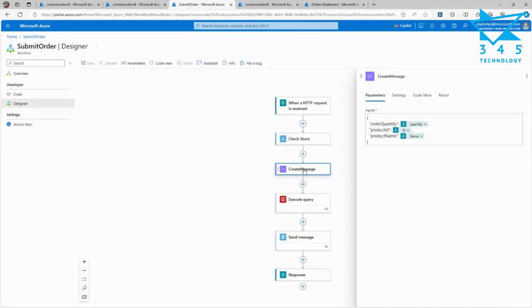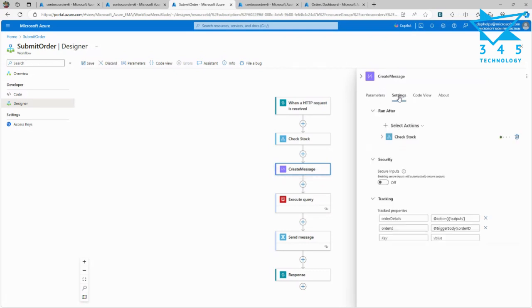So this is the Logic app, which is my kind of order process, if you like. And so the thing that Andrew mentioned earlier around using the compose action, that's exactly what I'm doing here. So I've created a compose action, and if we go to settings, we can see here that I've created an order details item,